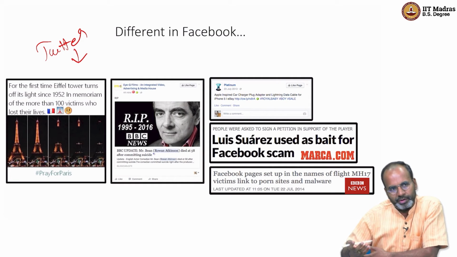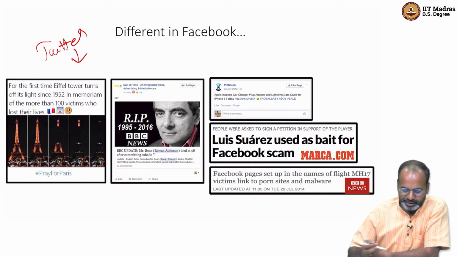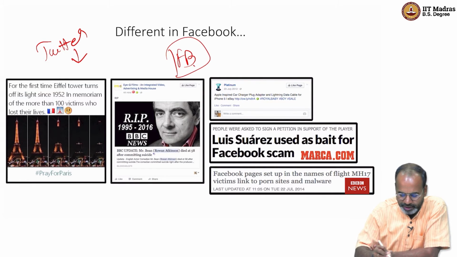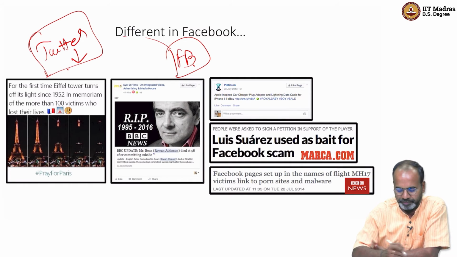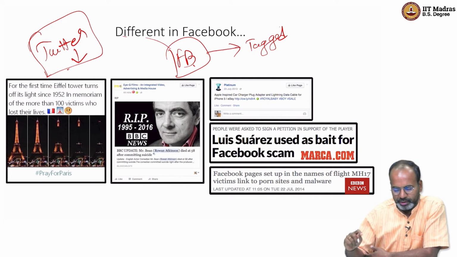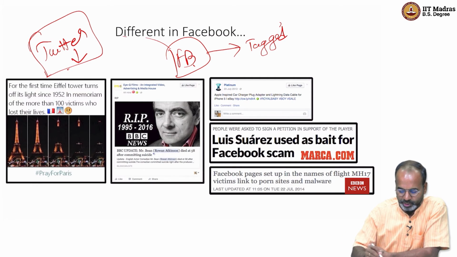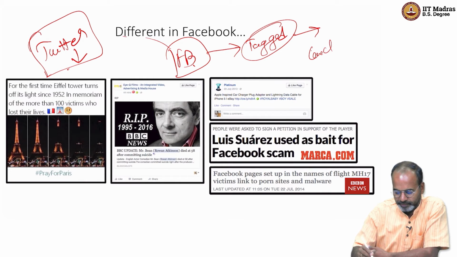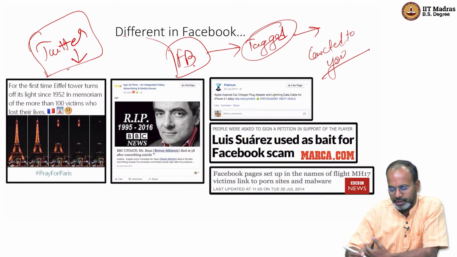And on reflecting on what we did and what we learned, it's actually pretty clear, because in Facebook, the kind of features you get are very different from the features that we get on Twitter. In Facebook, if you get tagged in a post, there's a high likelihood that the post is connected to you, or the person wants to say that you are connected.